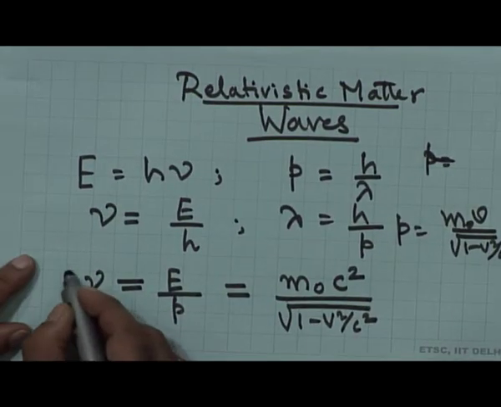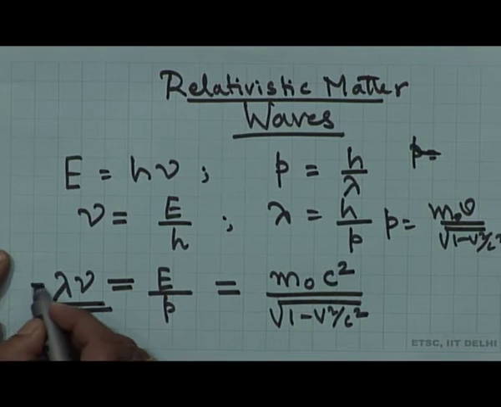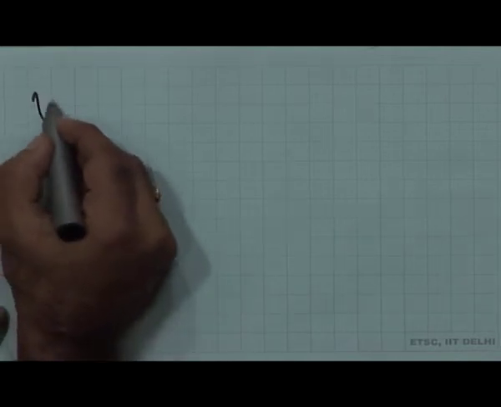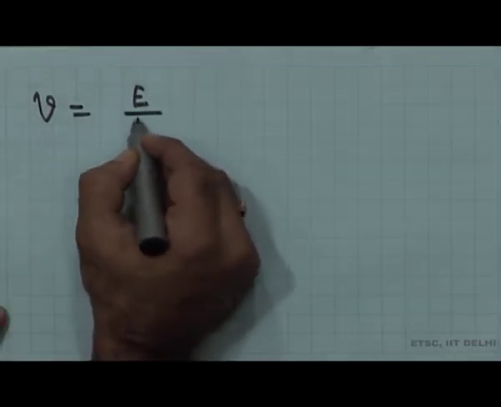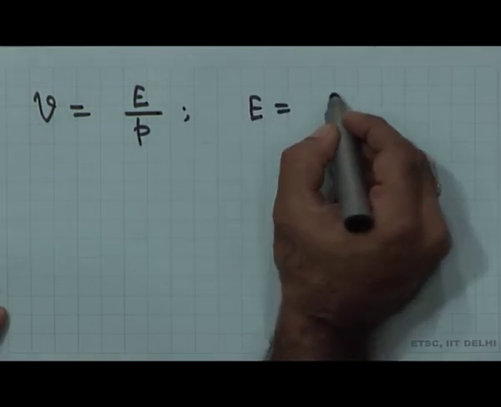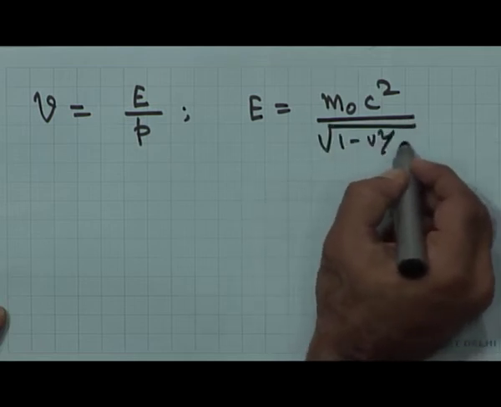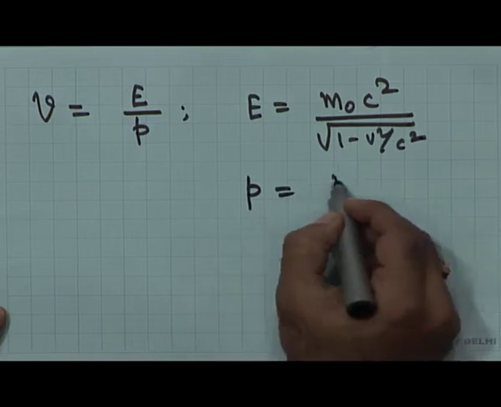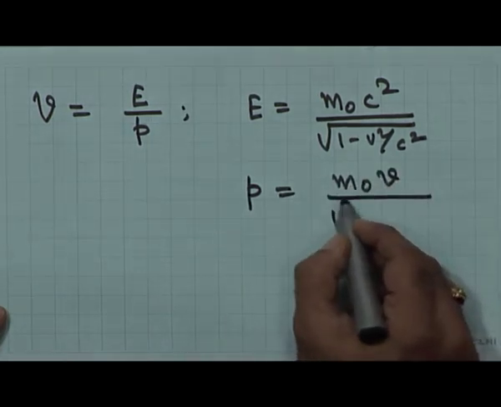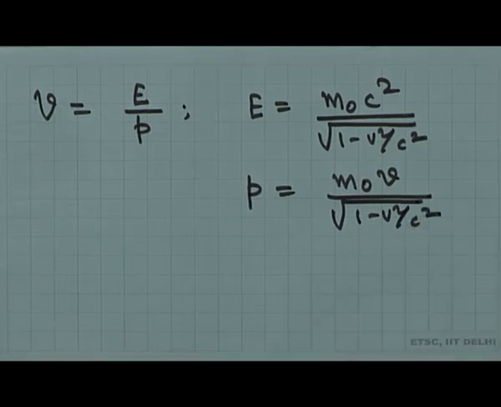So if I did that, it is good to write it in this one. I made a mistake, so I should correct myself. My lambda nu is given by E by p, which is the velocity. So I have corrected myself here. So I am going to substitute for E by p. What are we saying? We are saying E equal to m naught c squared over root of 1 minus v squared by c squared, and p is equal to m naught v over root of 1 minus v squared by c squared. Of course, I am not writing any vectorial sign at this particular point because I am assuming that all the particles are moving in the same direction. We do not have to worry about that.